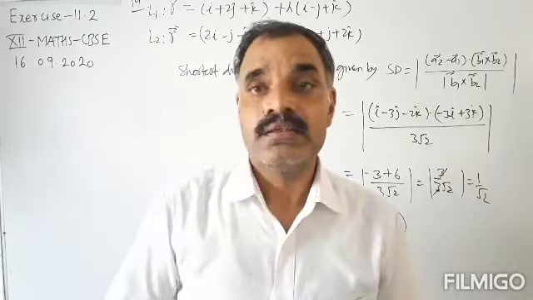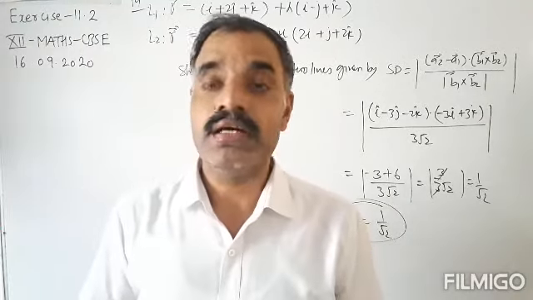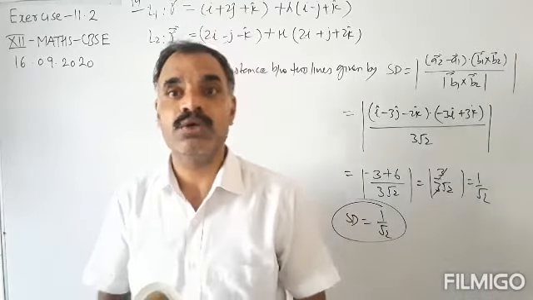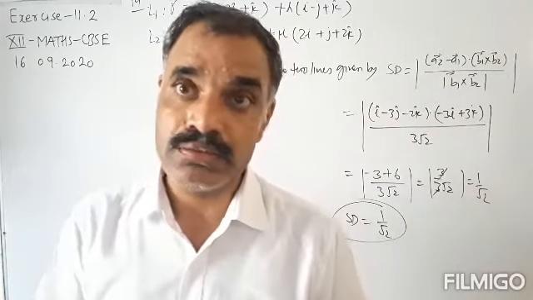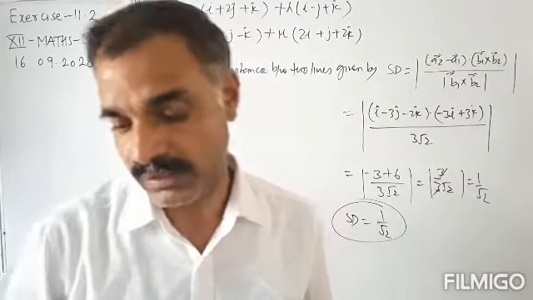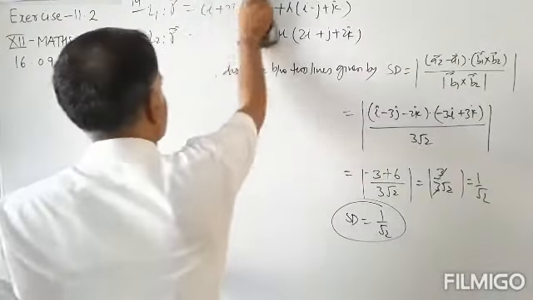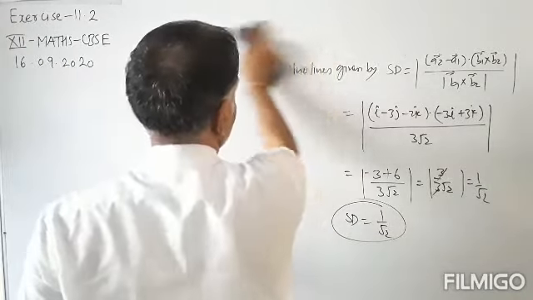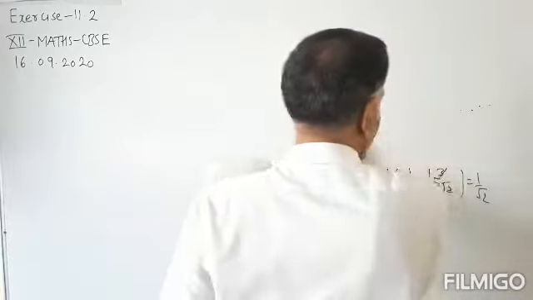Okay, now we have to take the same question of finding the shortest distance between two lines using the Cartesian form of the equations of line. Okay, means now we will take the Cartesian equation of line and will find the shortest distance. Okay, so Cartesian equations are